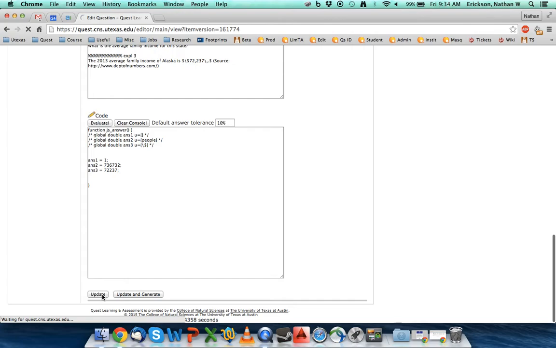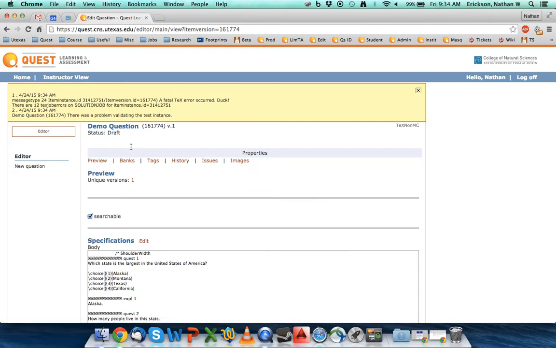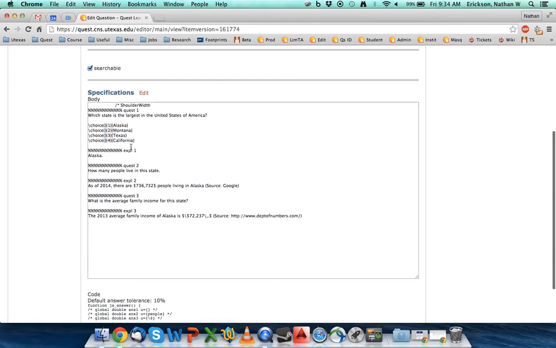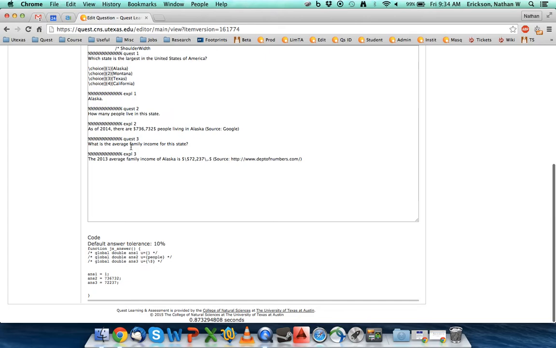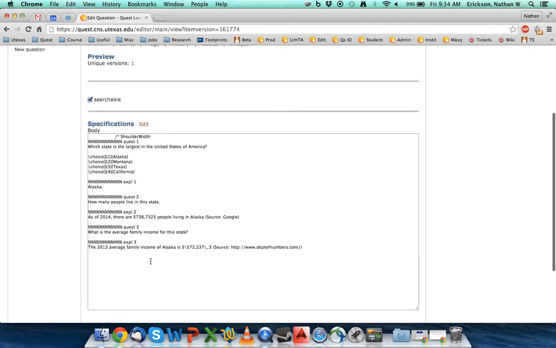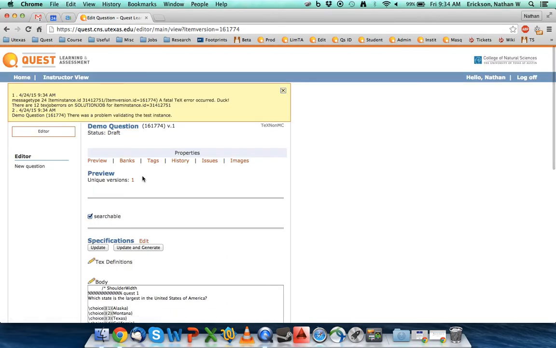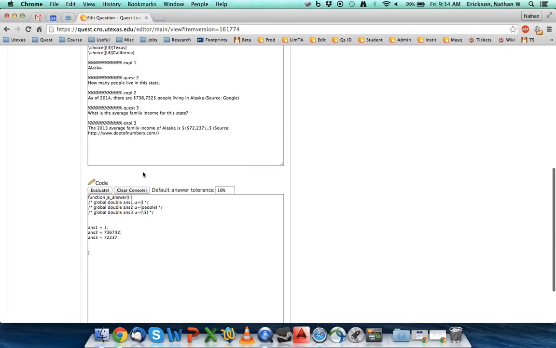And the problem is that the answer variables, ANS1, ANS2, ANS3, any of the ANS values, are special variables, and the way that Quest has to interact with them does not allow for TeX to show up in this area. It's a common mistake. It's not common to most programming languages, just how Quest interacts with the editor. This was something that it can't